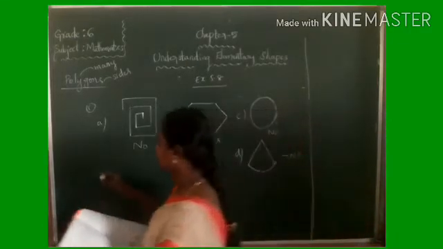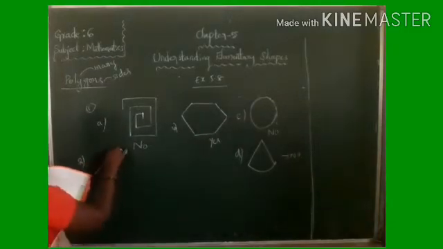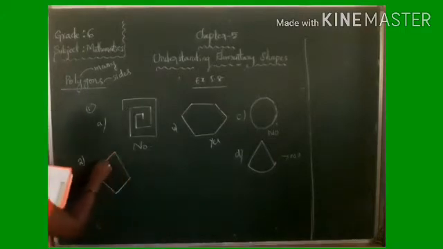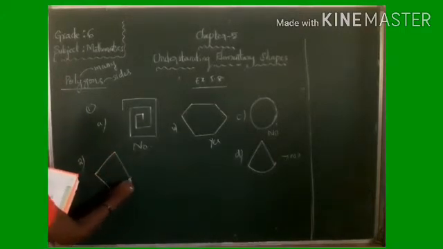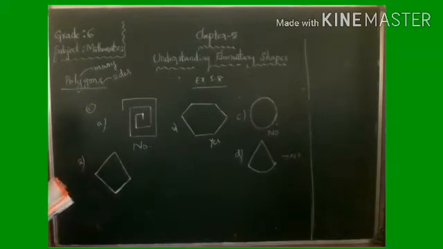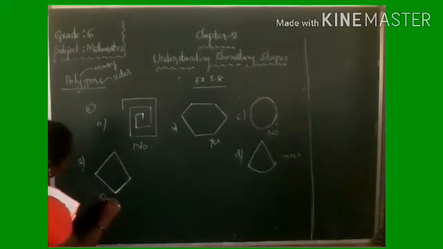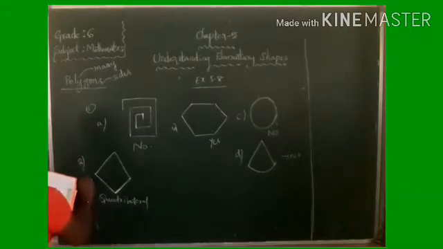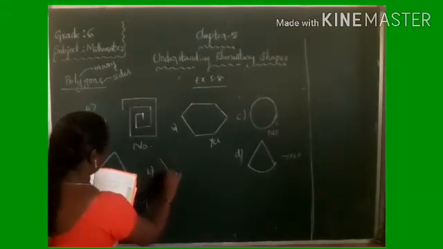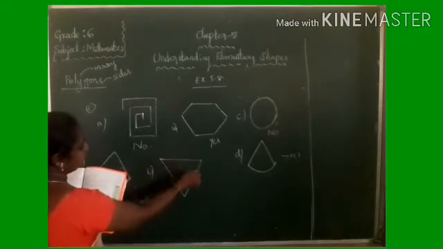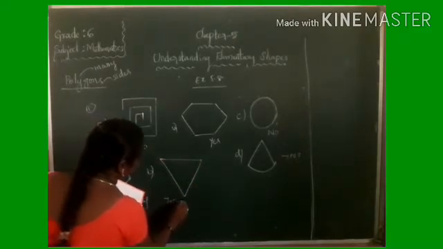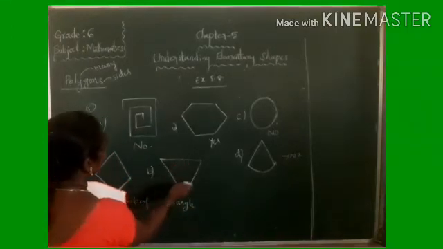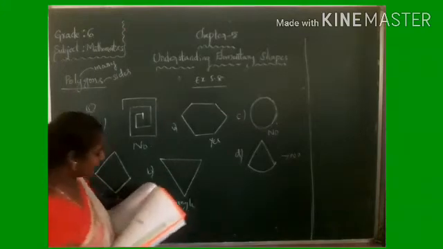Name each polygon. Second one, observe, what is the name of this polygon? So here this figure contains how many sides? Yes, 4 sides. Any figure that contains 4 sides is a quadrilateral. So what is the name of this figure? It is a quadrilateral. And the second one is, yes, it is a triangle. Very good. It is a triangle because it has three line segments. It is a closed figure.